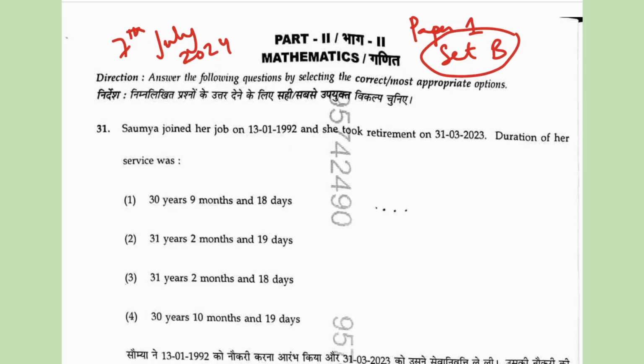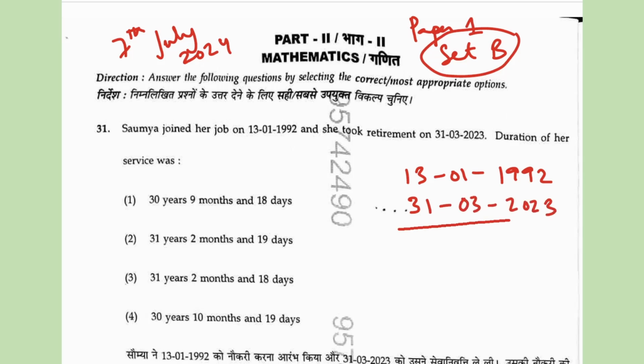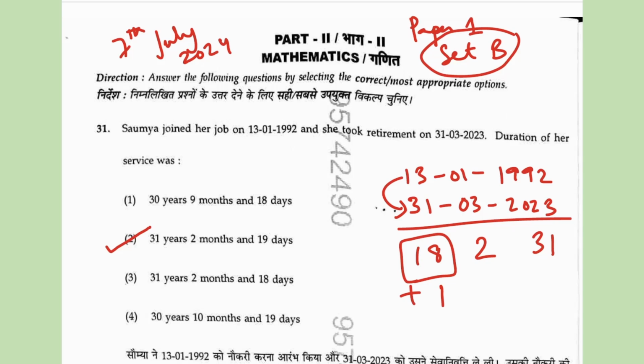So the first question says Soumya joined her job on 13/1/1992 and she retired on 31/3/2023. How long did she work? We just have to subtract. 2023 minus 1992 is 31 years, this is 2 months and this is 18 days. But you have to remember that she also worked on the 13th, so she joined on the 13th. When you include both days, it will be 31 years, 2 months and 19 days. Although 31 minus 13 is 18, you have to add back 1 because she worked on the whole of